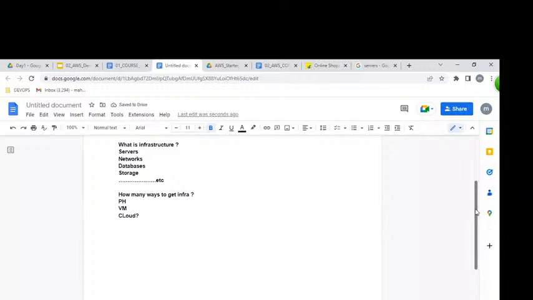I hope you understood very clearly. So I'll repeat one more time. For maintaining our applications, we require this infrastructure. This infrastructure, either physically or virtually or by cloud environment, we can get it. But tell me, what is cloud computing? What is cloud? The cloud is nothing but the internet. But what is the computing, please?